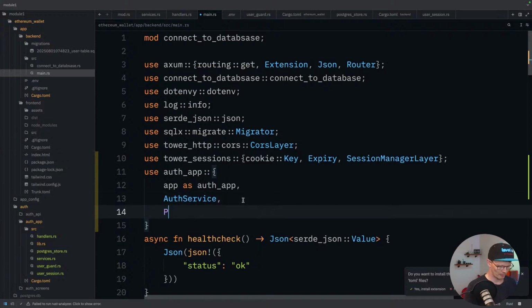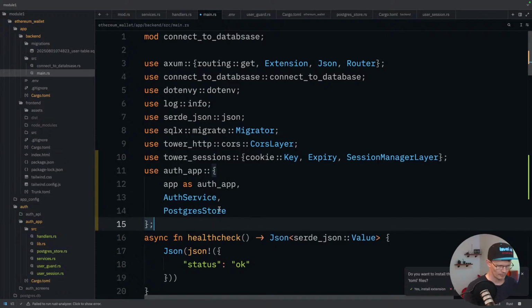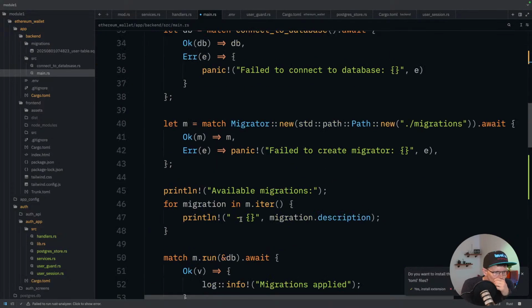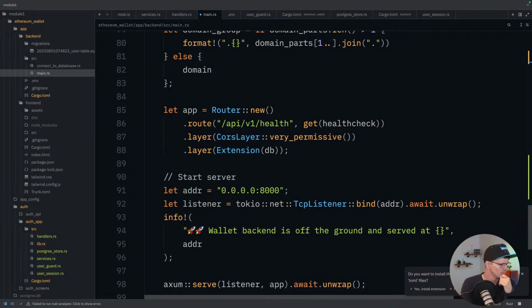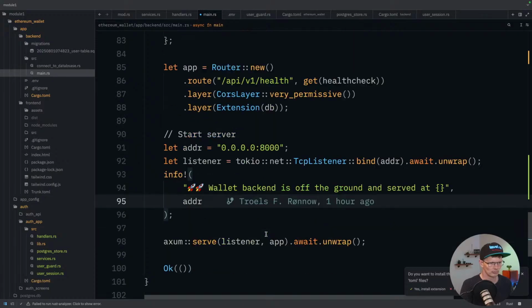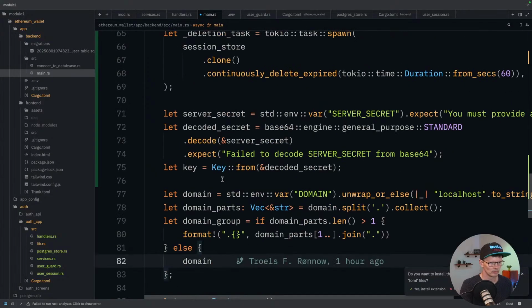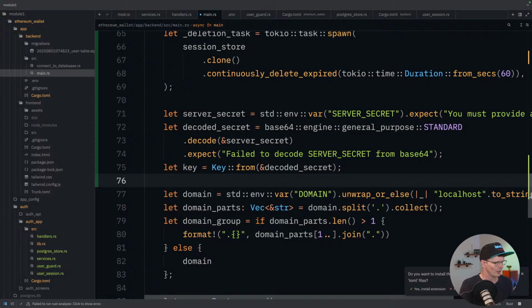And the Postgres store. Having imported that,